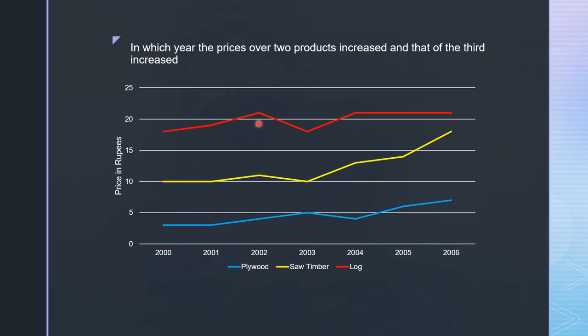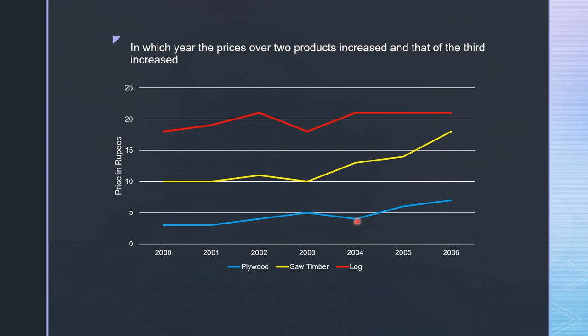In 2003 the plywood price is 5, the saw timber price is 10 and the log price has decreased. So these options do not fit in this calculation. Okay, in 2004